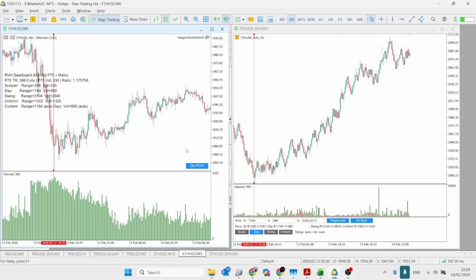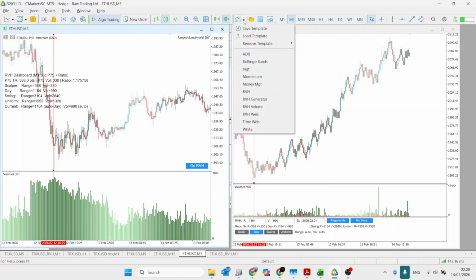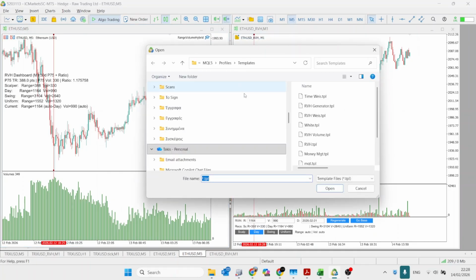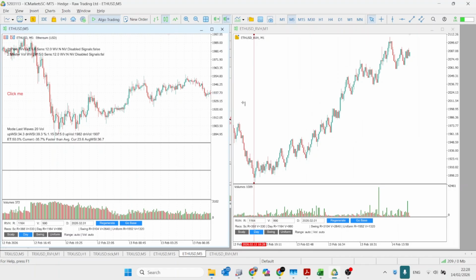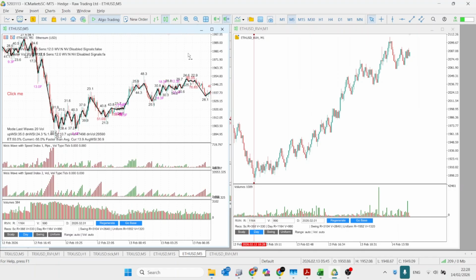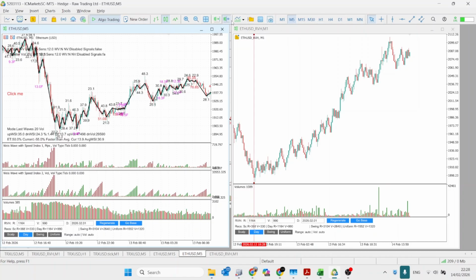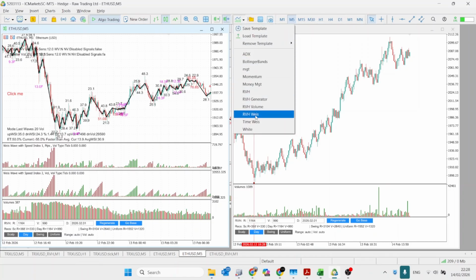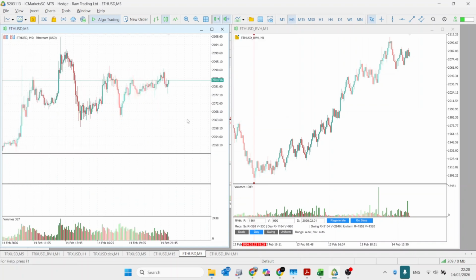Now, if I want to make this clearer to your eyes, I would just need to add the waves, the wave with speed index, okay? But I will remove the speed index so you can see only the waves. So let me just load the template. I have already templates. I don't need to set up again anything, okay? So this is RVH waves, the template. I will load it on RVH. Sorry, I loaded in the wrong chart. On this chart, we will load the time waves, okay? All right,